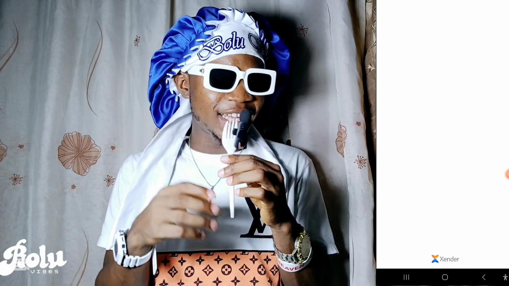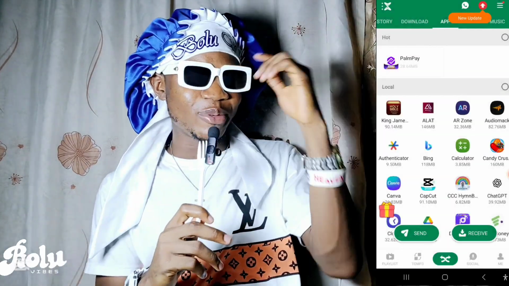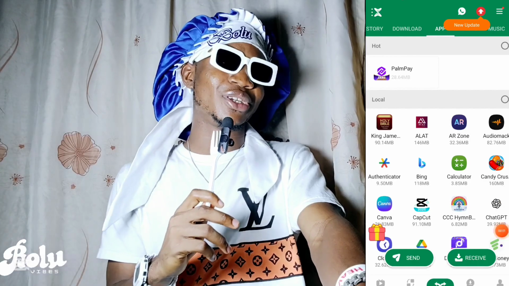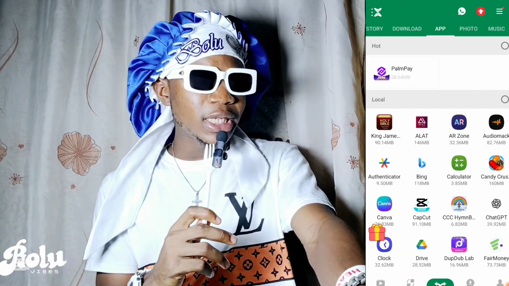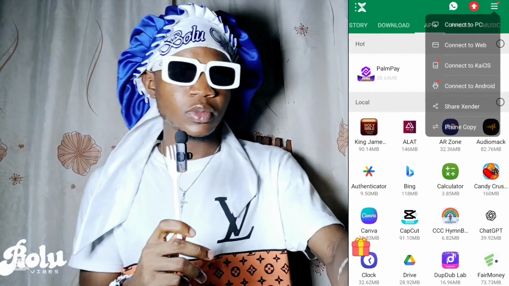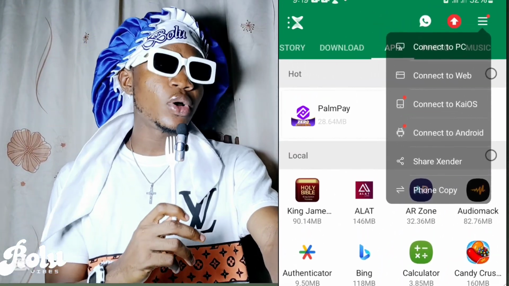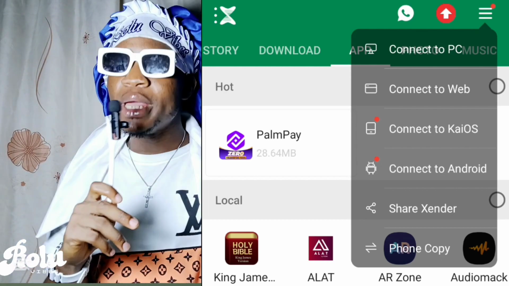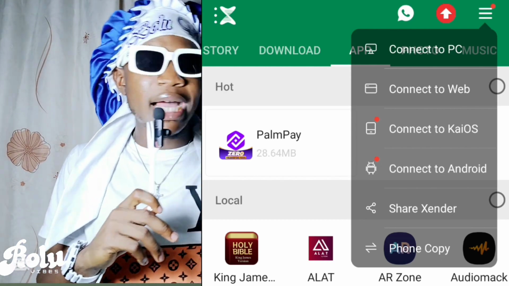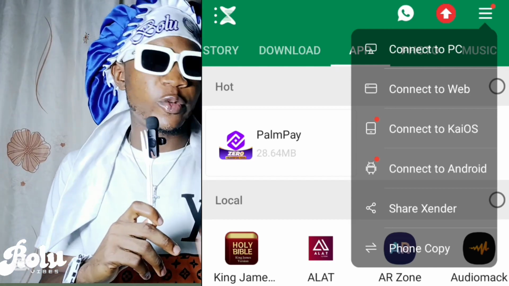So we open our Xender and it loads for maybe 1 minute or 2. After it loads, click on the 3 icon up here. You will see connect to PC, connect to web, connect to kiosk, connect to Android, share Xender, phone copy, and many more. But I want you to know there are 2 ways to connect your laptop, which is PC, to your phone,